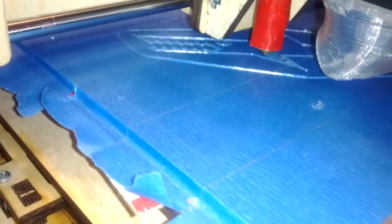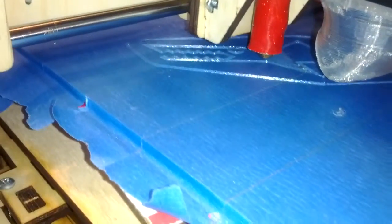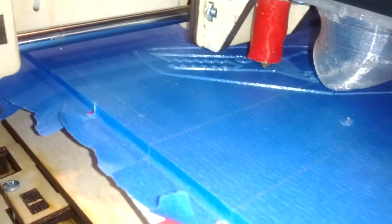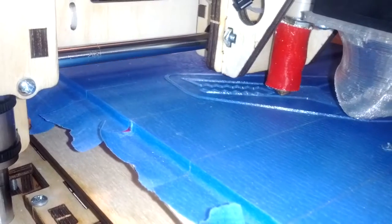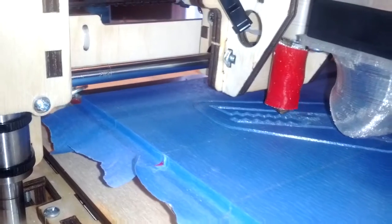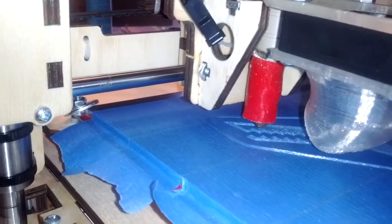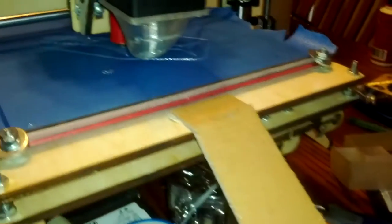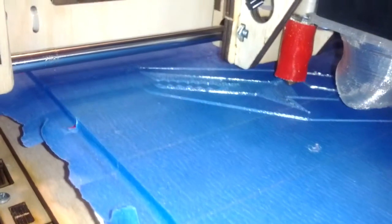So since my last print, I've had to make a lot of adjustments. After I made the soap dish, I wasn't able to get anything else to print very well. So I added things like whenever it crosses over a perimeter, it will lift the Z-axis a little bit, and I added some cardboard. I think my thickness was a little off, or my calibration was a little weird in the middle versus the sides,